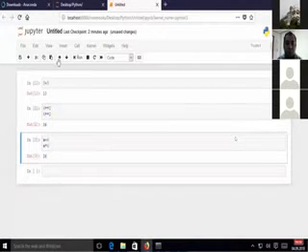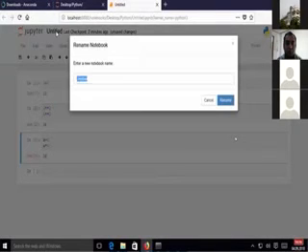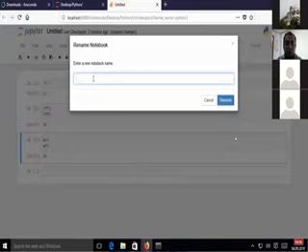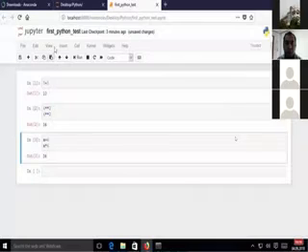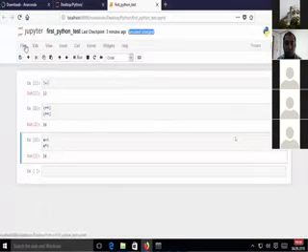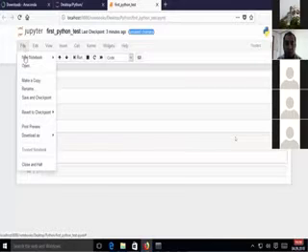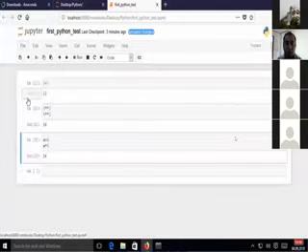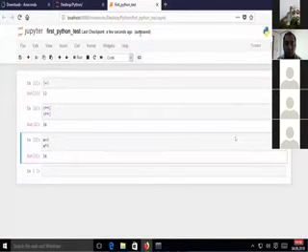Now, if you want to save this notebook, you can see right now it is untitled, so you can give some title to this notebook, and then I'm going to save this file. So we have successfully changed the name of this file, and you can see unsaved changes. So we are going to save our changes by clicking on File, then Save and Checkpoint, and now you can see autosave. So this file is now saved.